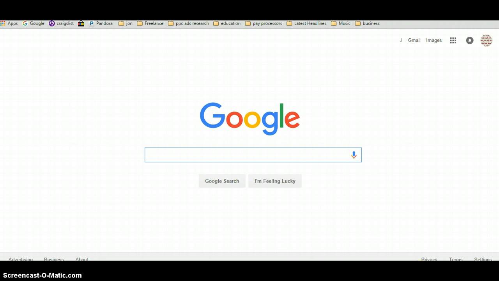That's usually where I'll find my images, and today we're not going to get too in depth. I will be creating another training that will show you more in-depth ways. Today we're just going to keep it simple. We're just going to start with an image and add a little personal touch to it with text. So we'll start off at Google, and